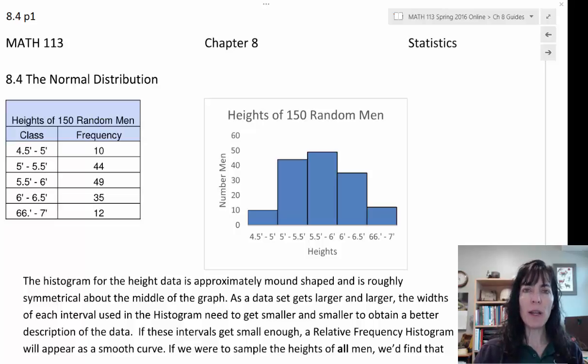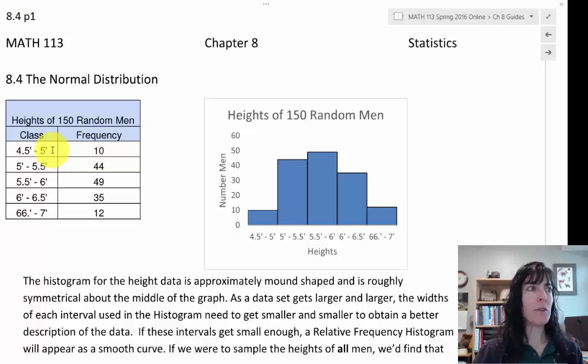Well, using the information that we have, the empirical rule, which gives you a rule of thumb for what percent of data is in a region, and the mean, median, mode, range, and standard deviation, we're going to put all of those to use and do some real statistics. We're talking about the normal distribution, and here is an example of a frequency distribution for the heights of 150 random men. We have classes, remember those classes,